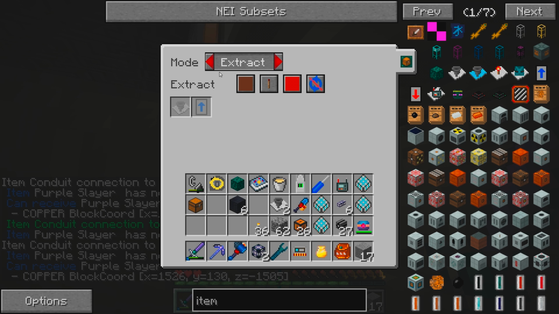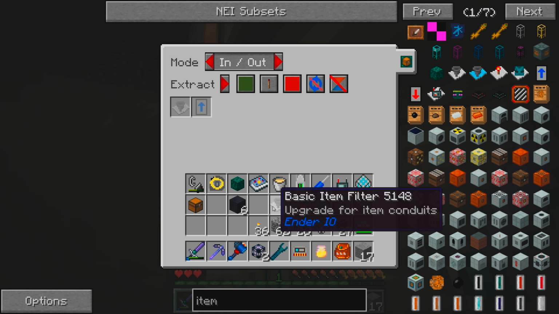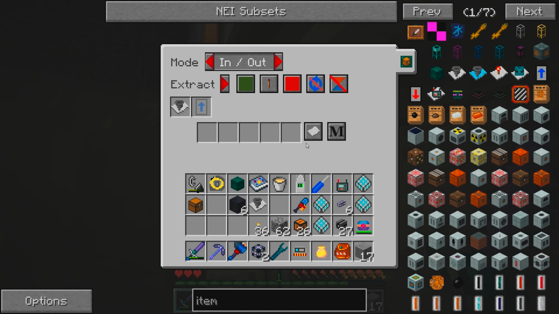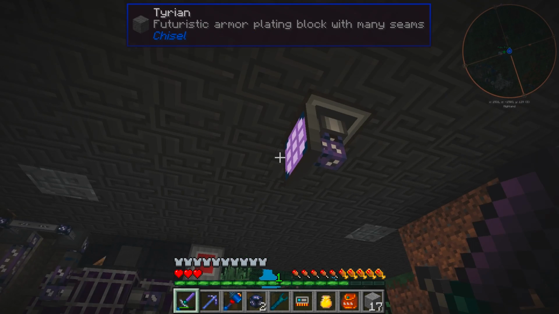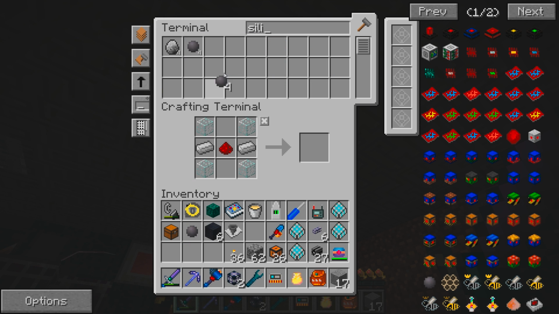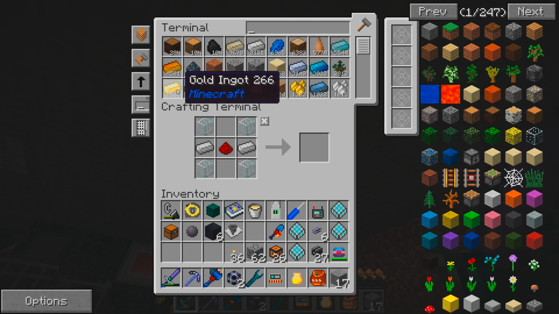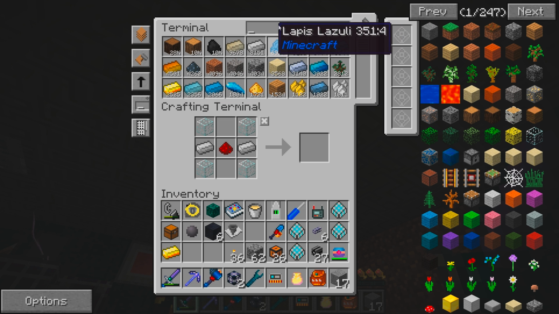When it's extracting, however, we want to have an item filter in there, all right? And we're going to blacklist it. And we're going to tell it that it's not allowed to pull out printed silicon. Printed silicon. Or, yeah, we should do this. Any of the one, that,